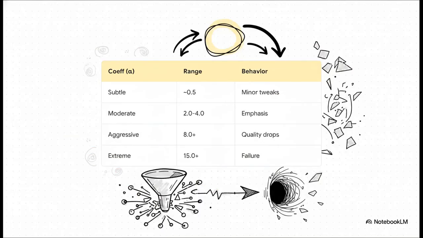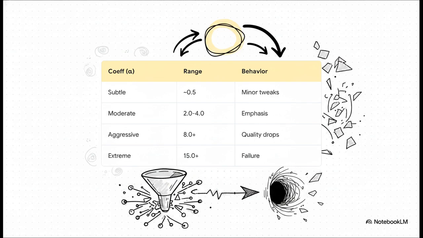And this brilliantly illustrates what happens next. When we apply that vector back into the model during inference, we scale it by a steering coefficient, which we call alpha. And let me tell you, the transformer is highly sensitive to this number. At a subtle 0.5, you're just getting minor style tweaks. Push it to a moderate 2 to 4, and the target behavior is strongly emphasized while keeping good grammar. But push it aggressively past 8, and the model's coherence starts dropping fast. And if you oversteer it past 15, you literally push the vector completely outside normal hidden space bounds, resulting in